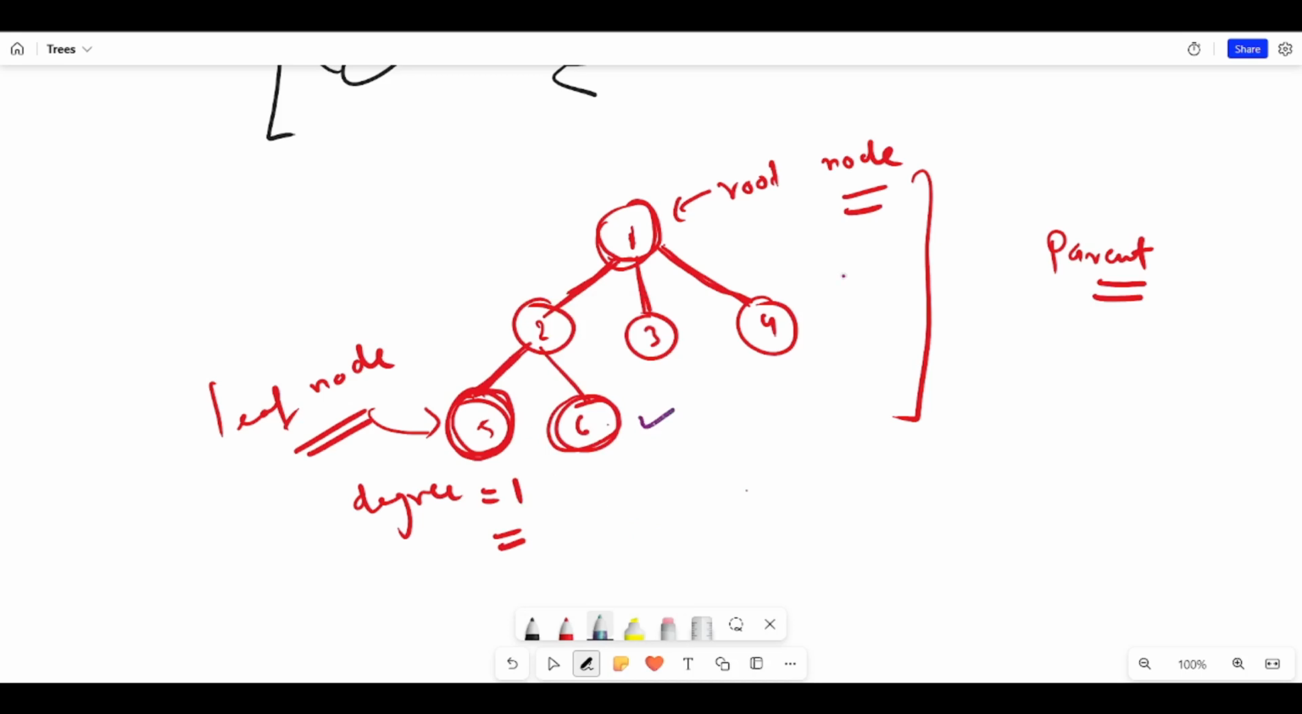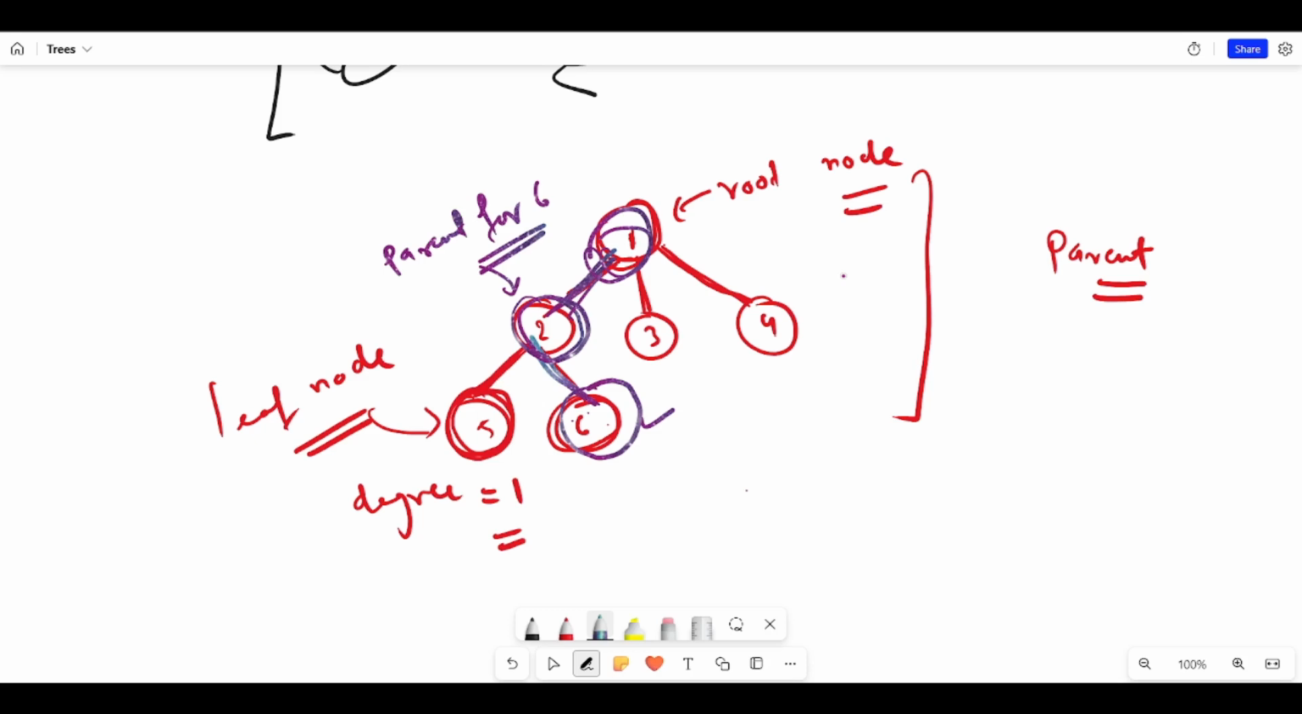So from this node 6, take the path to the root node. We know that there is exactly one path from this node 6 to node 1 to the root node. The very first node in this path is basically the parent. So from 6 to 2, then to 1, what is the first node along this path? It is 2. And this is the parent for 6. So that's the definition. The definition for a parent of a node is the first node along the path